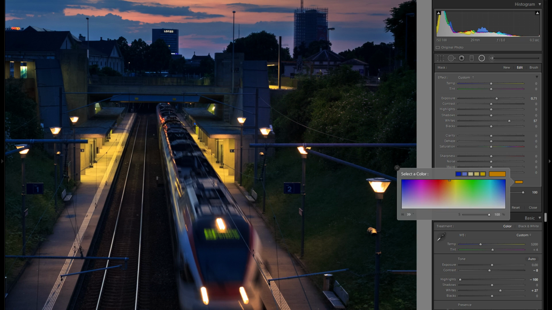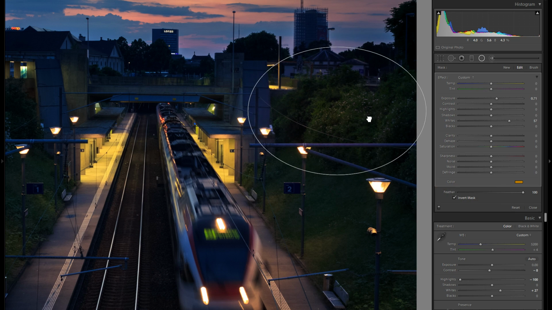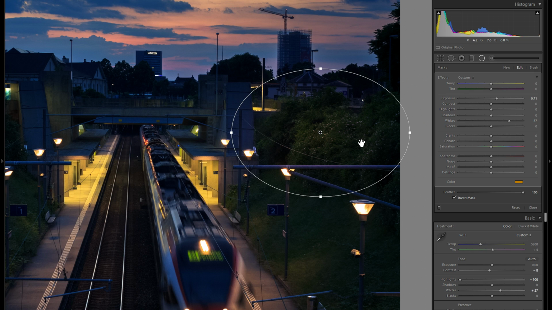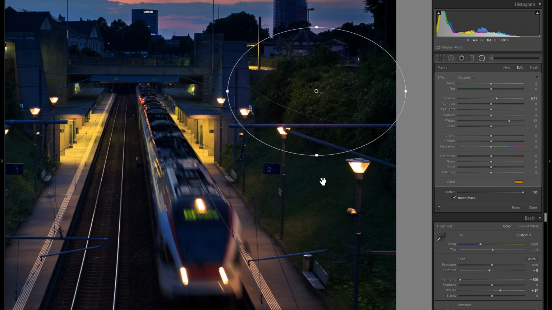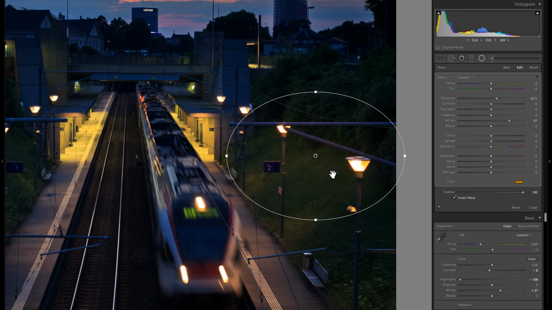Most of the time it's usually around 20 to 30, but I really like the look right here. So after you have your general settings, you can start adding dodge and burning. And what I'm actually gonna do here is just add dodge and burning to these lanterns right here, and then afterwards